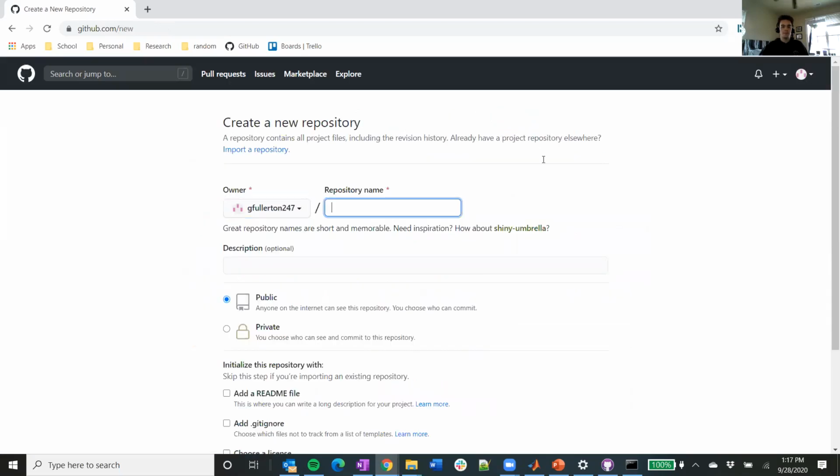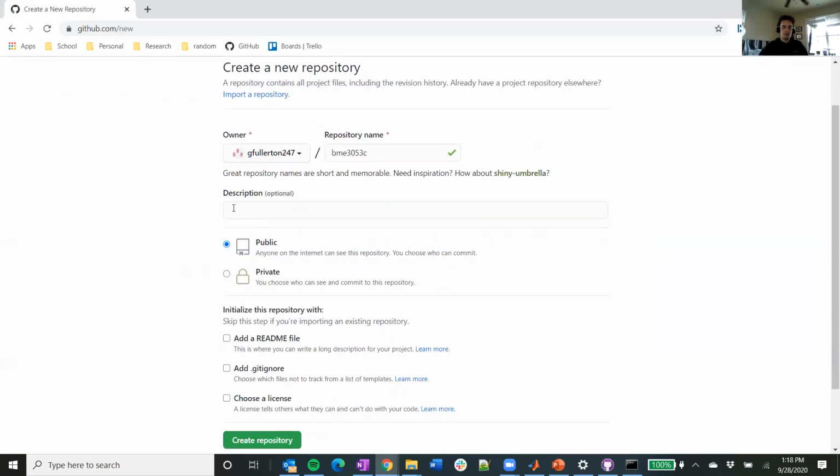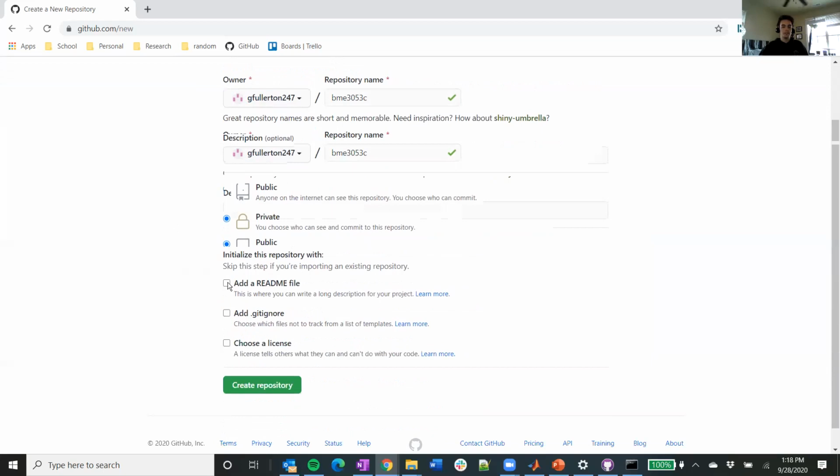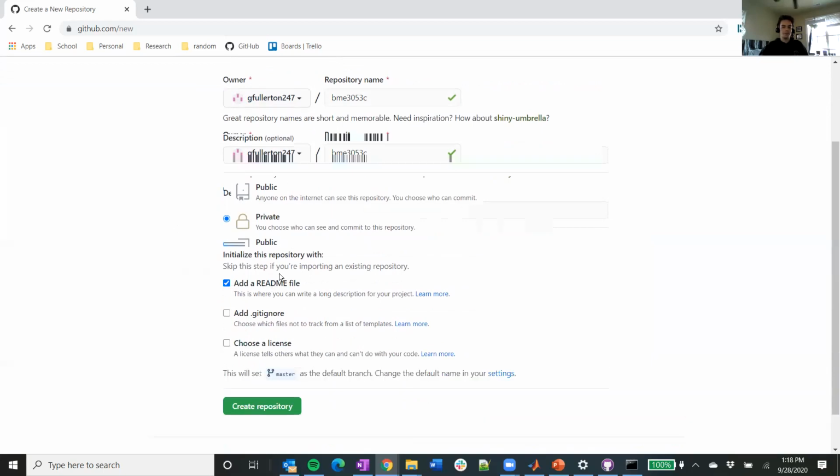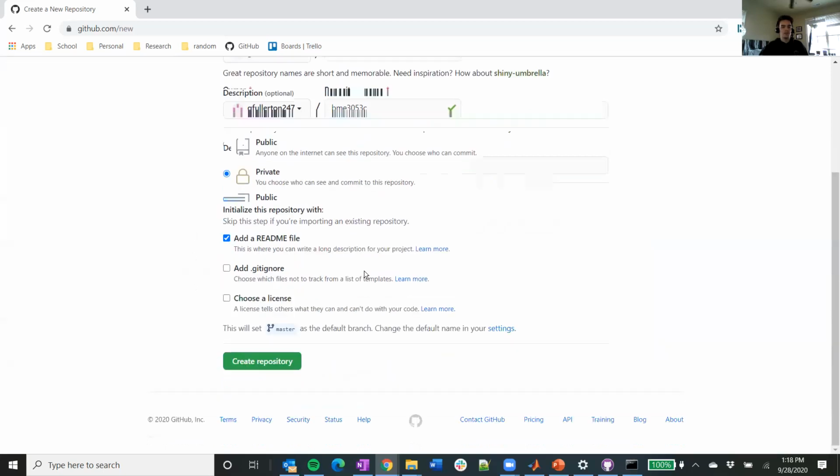And this brings me to a page where I can set all the options for my new repository. So for example, I'm just going to say BME 3053C. I'm going to skip the option to add a description right now. I'm going to set my repository to private. I'm also going to click add a README file, and we'll go over later what this is used for. Once we have these options set, I'm going to click create repository,